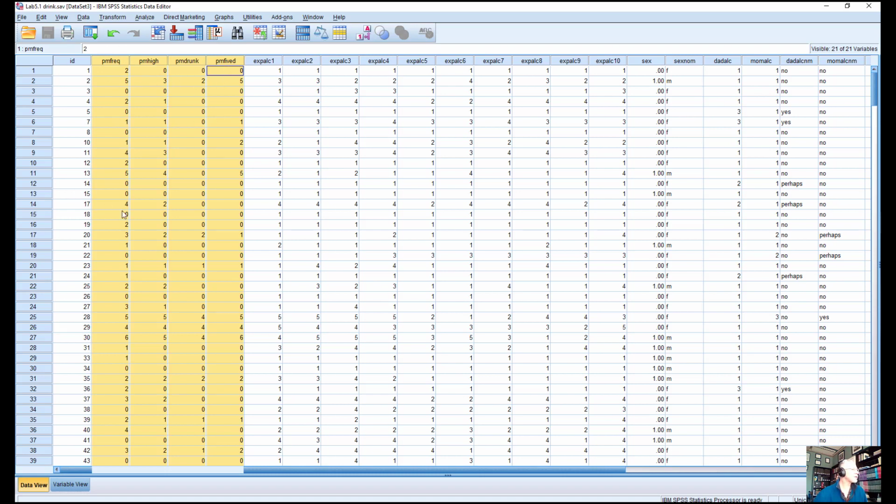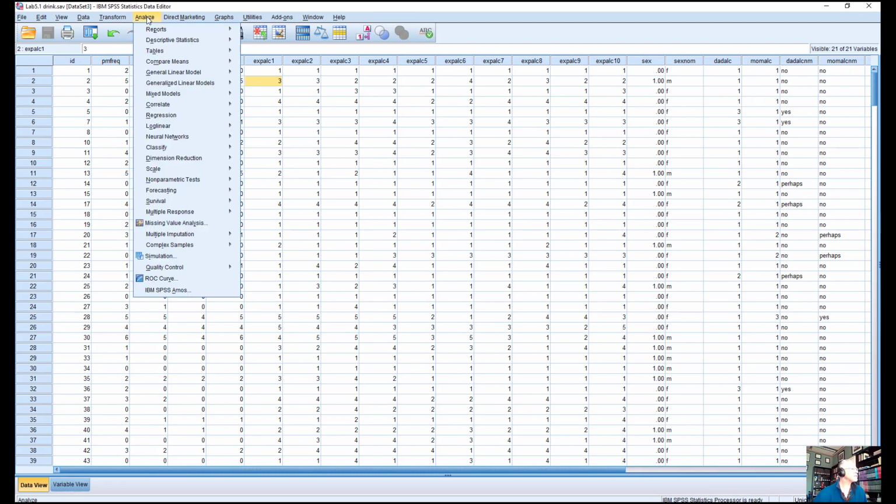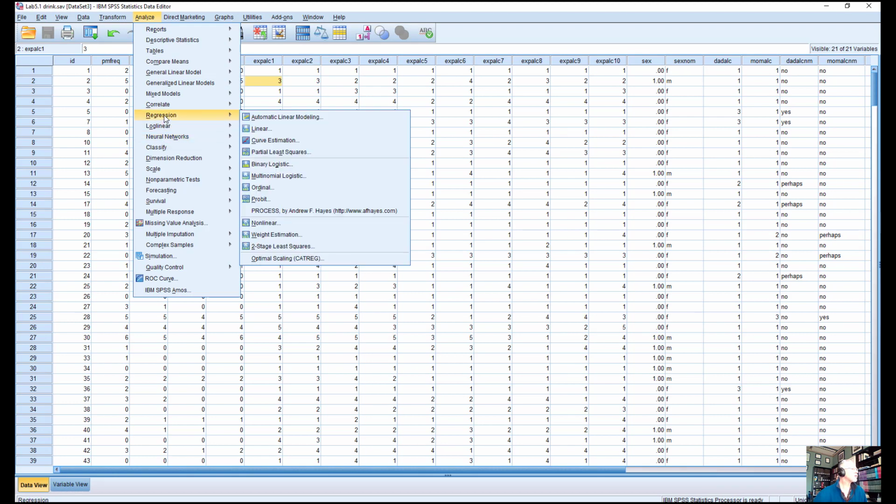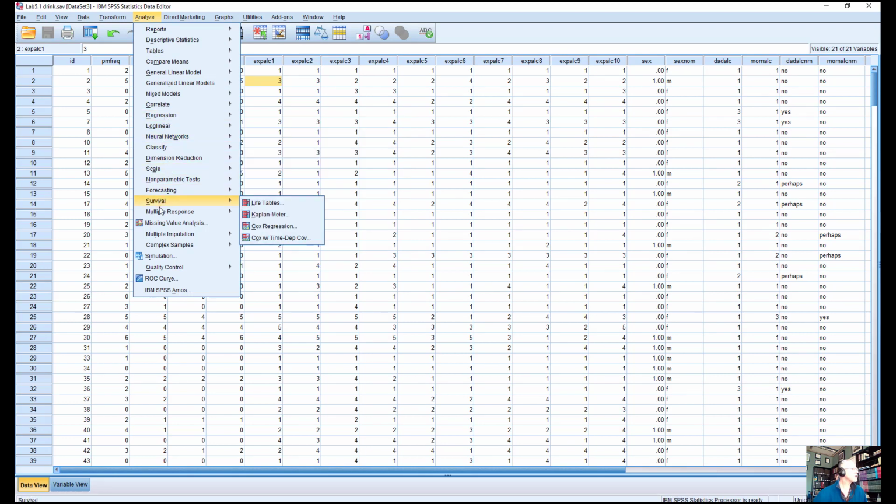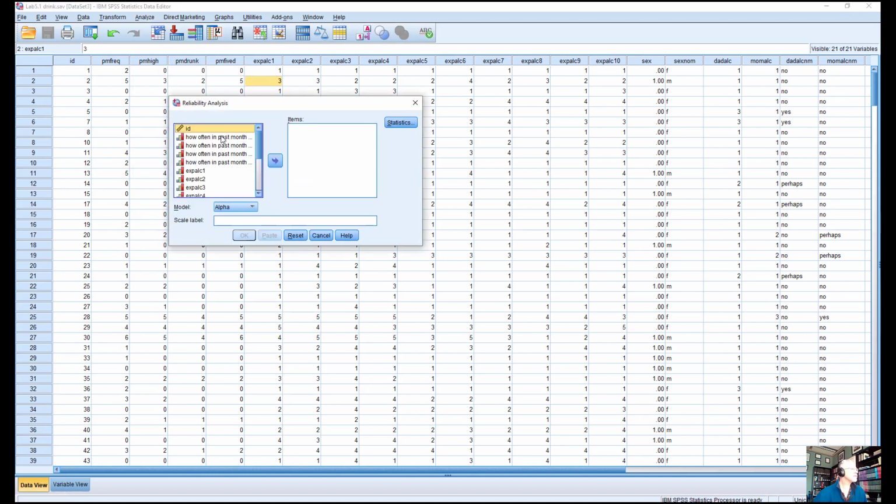And I want to see how they correlate with each other. And so what I'm going to do is go to Analyze and then go down here to Scale and Reliability Analysis. And I can go ahead and click on these so I can see them in terms of variable names.